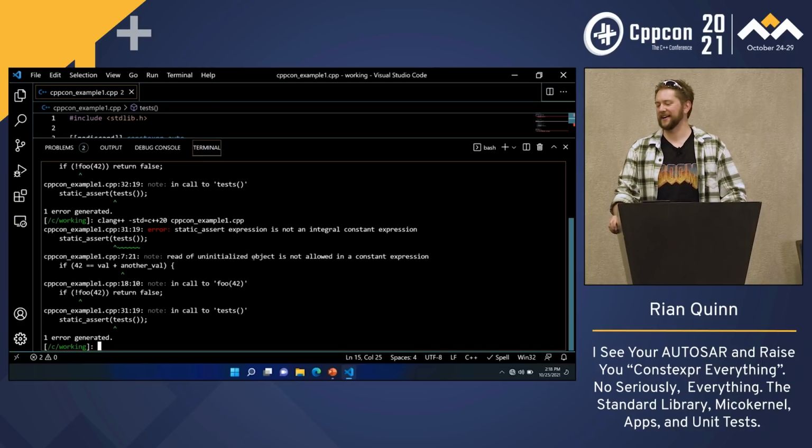Good question. Yeah, if you use that too much, it will totally break this apart. Now, it can also be really helpful. So when we get past this demo, I'm going to go into a real-world example where we built an entire microkernel capable of executing applications that's written entirely as a const expression. And there are a couple of places where we use that, specifically, for example, when we print stuff to